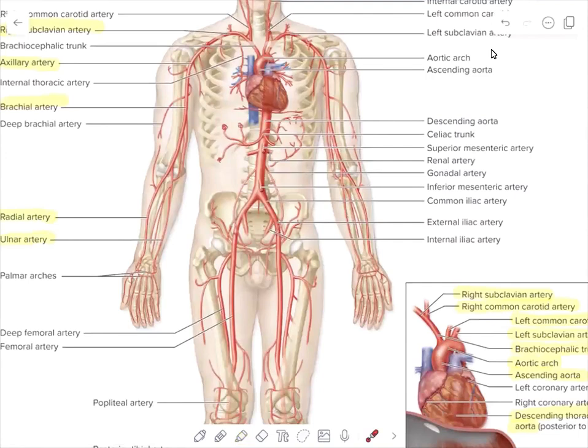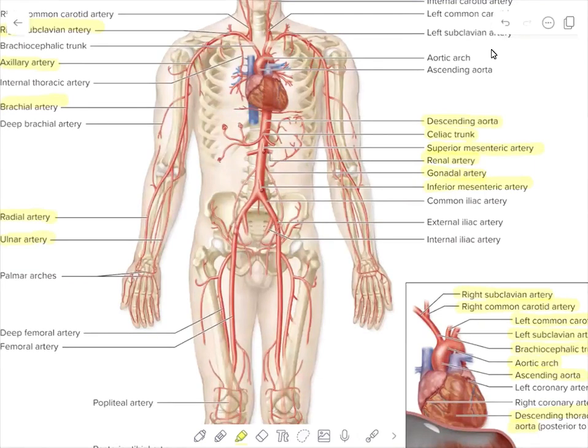For the aorta continuing in the abdominal area, as it descends, there's a branch called the celiac trunk. Then the mesenteric arteries, which are going to lead to the GI tract. A blood vessel going to the kidney called the renal artery, to the gonads, like the testes and ovaries, called